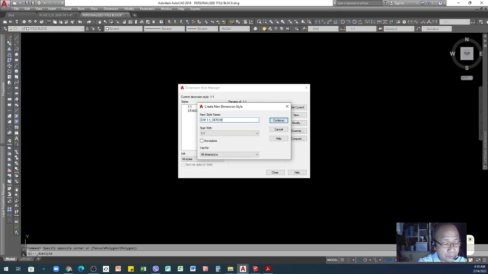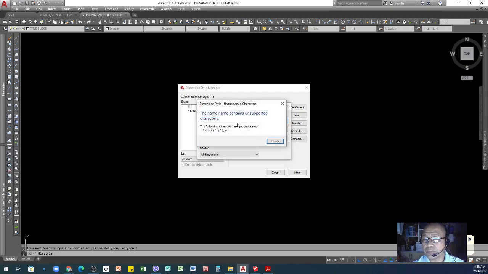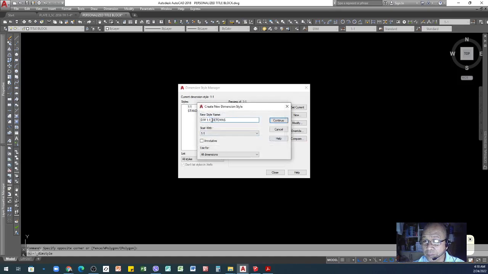I'll use Tomas. That's my 1:1 dimension, and then continue. Oh, sorry, it will not accept any other character like this one, so I will remove it. It will not accept the colon, so I think a dash is okay.